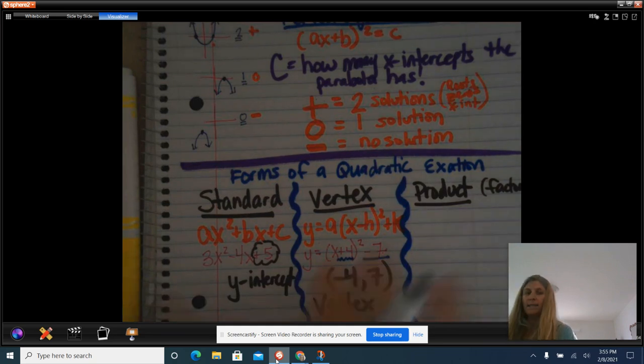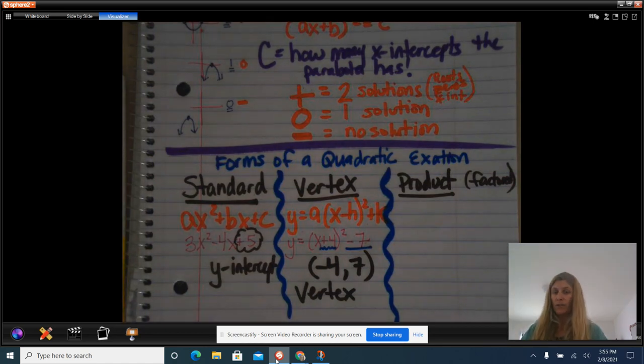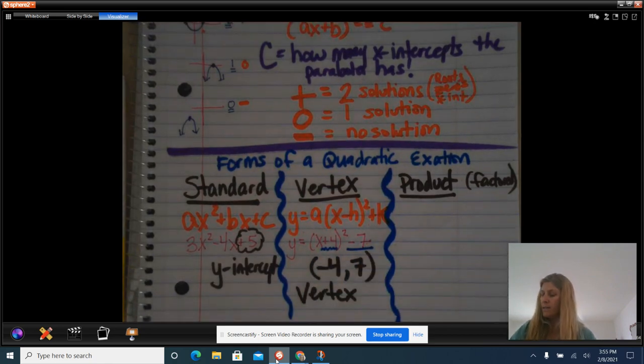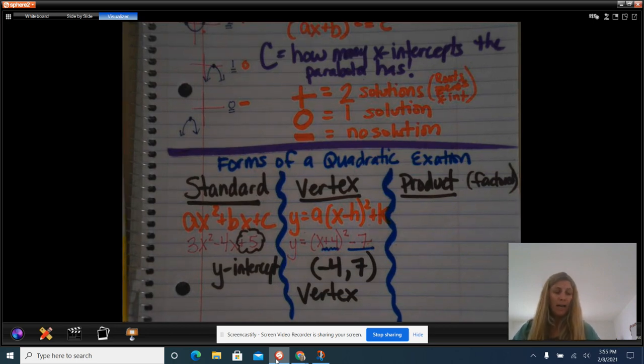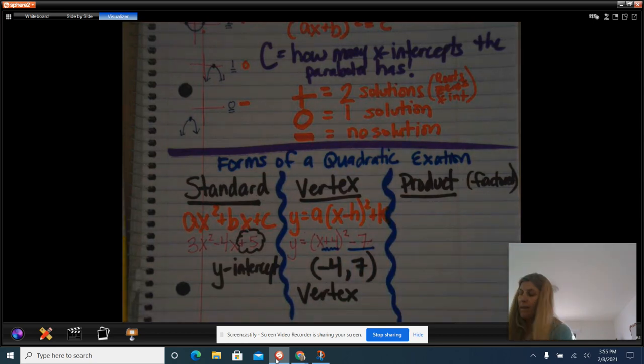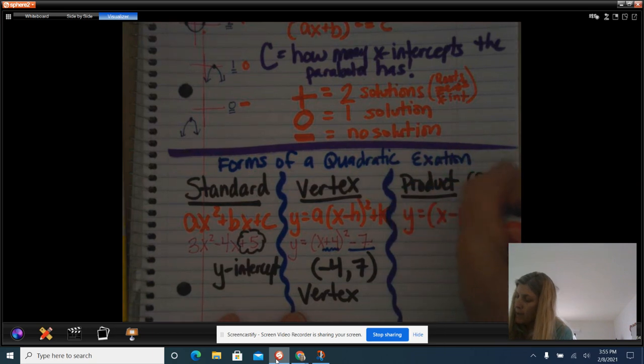Now, once again, we can see these things given these equations without doing a lot of extra math. It's just a visual thing. Oh, look, that's the y-intercept. Oh, look, the opposite of this, -4, and the same on the outside, -7. And so when we have a whole bunch of different forms of the same one, we get a whole bunch of information. Lastly, we have our factored form, and that is, for example, y is equal to (x minus p)